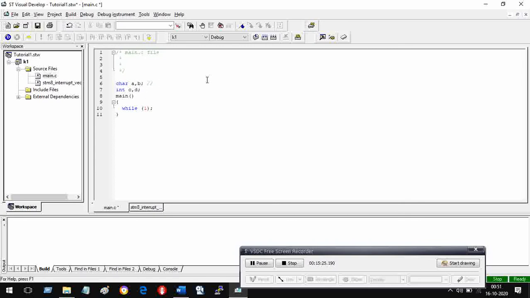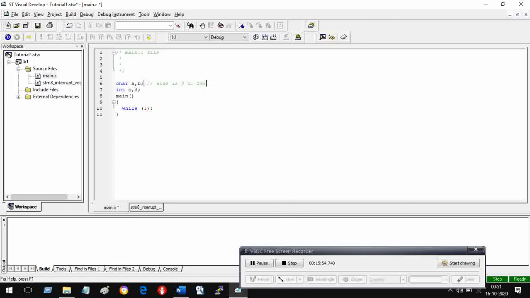So here I will write something that comments on the meaning of A and B. So size is 0 to 255. Remember, this is not a part of the program. This is a part of the comment, and therefore the compiler will not do anything with it.